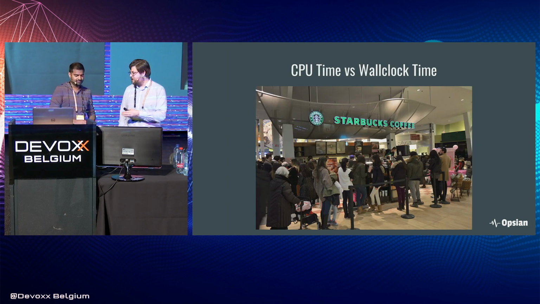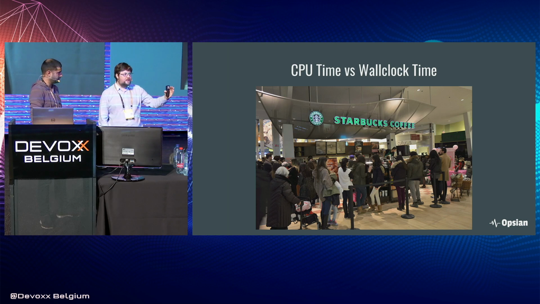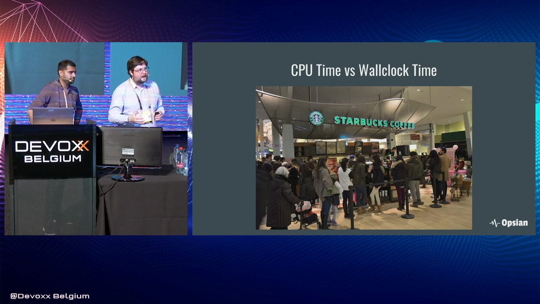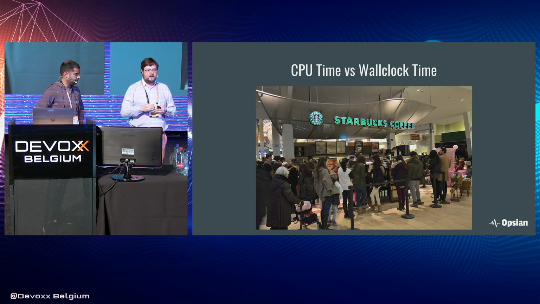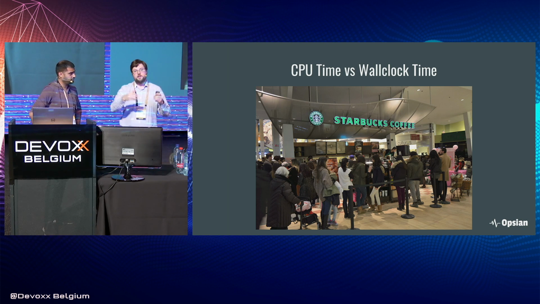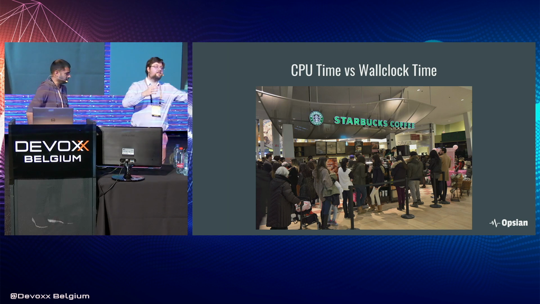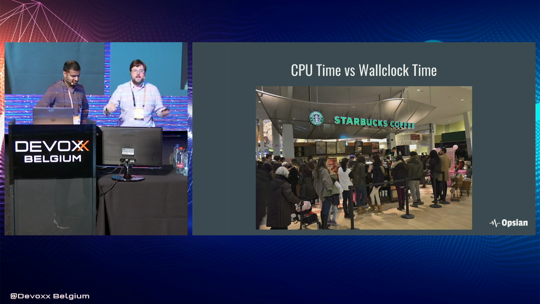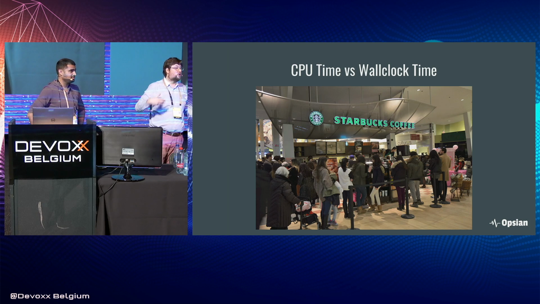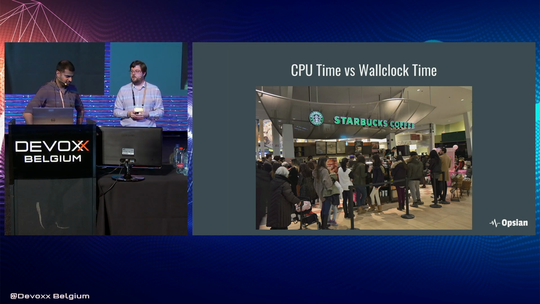Now, you mentioned on the previous slide the distinction between CPU time and wall clock time. What's going on here? Well, time sounds like time, but actually when you're looking at what time your system takes up, there's a few different views. Firstly, there's the actual CPU time. That's the time your code is spending on CPU, running instructions, actually doing work, right? And then there's the wall clock time, which is the time from the beginning of the operation to the end of the operation, the total time, including times where you're waiting for external systems, you're blocked waiting on I/O, or maybe you've just got a big thread pool and you're not scheduled on CPU at all.